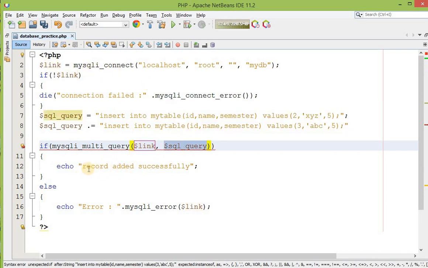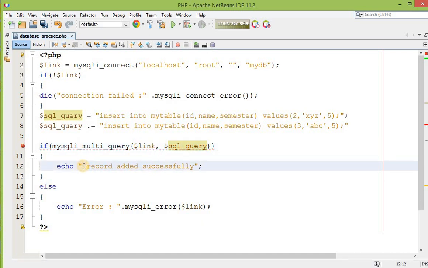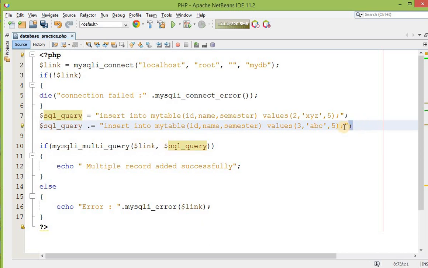Record added. Now I am just putting it like that, multiple records added successfully. That's it. Over here I have to put a semicolon. This is my PHP syntax semicolon and this is my SQL syntax semicolon.